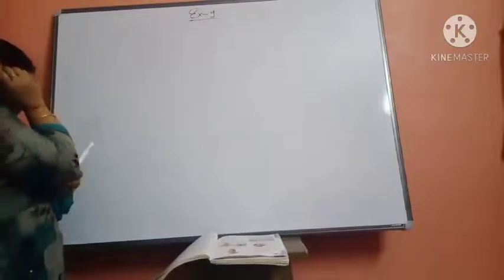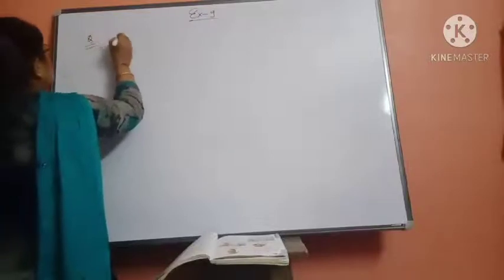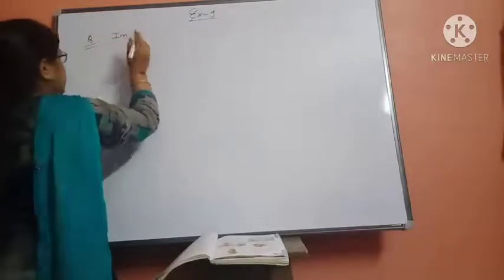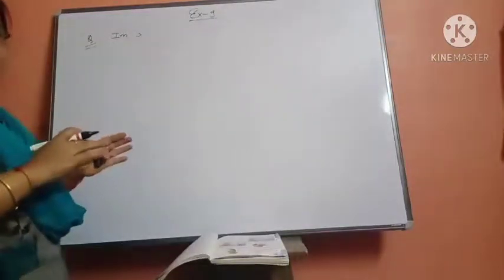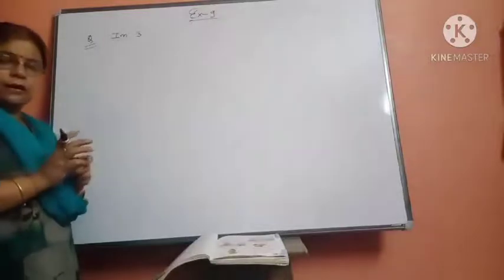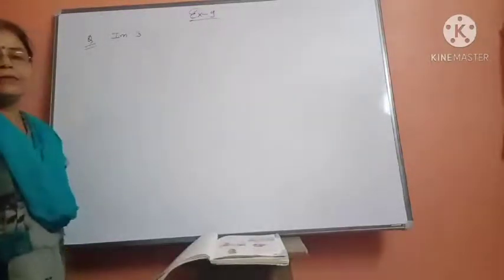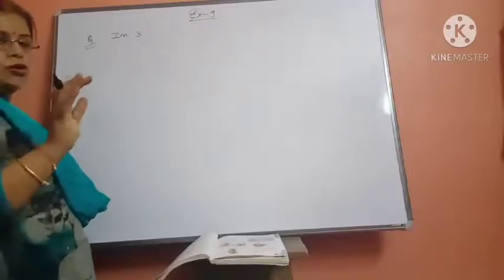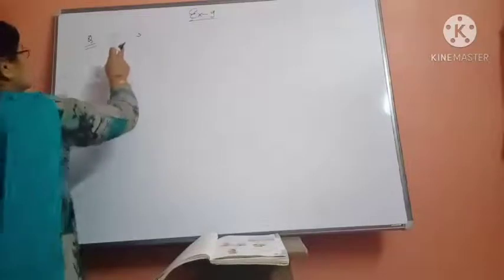So how will we do this? We are doing it with three coaches. I am doing the questions combined. Sometimes I am doing by the unitary method, sometimes by the ratio and proportion method also. So you can do the question in either way. If your answer is coming correct in both solutions, then it will be considered right.